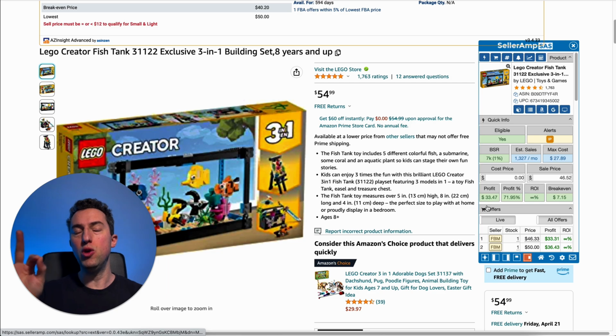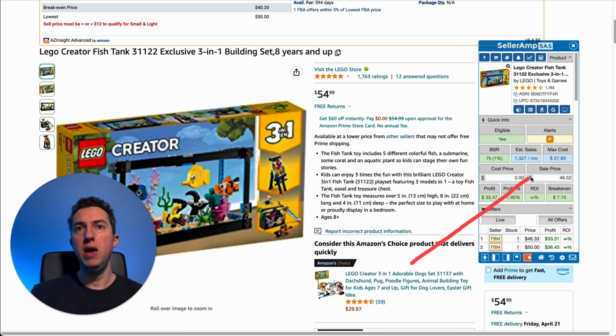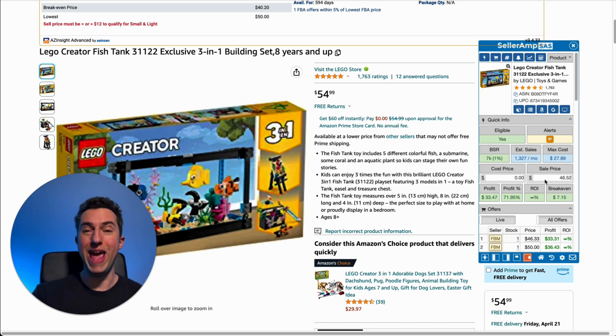This tool will allow you to do a lot of stuff, but one of the main things is to be able to analyze the maximum cost. This is the maximum that you can spend when you are sourcing your product, when you are buying your product from retailers other than Amazon, and you can still make a good profit. So for example, here, SellerAmp is telling us that we can spend a maximum of